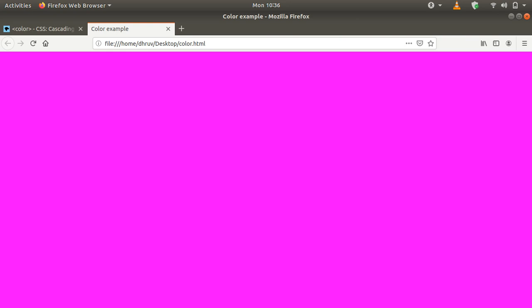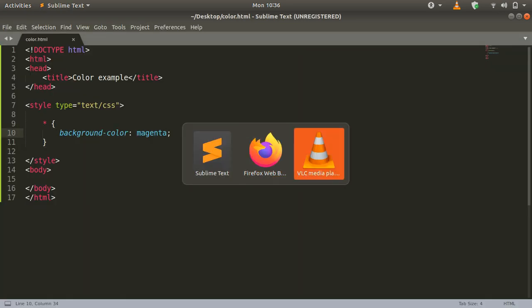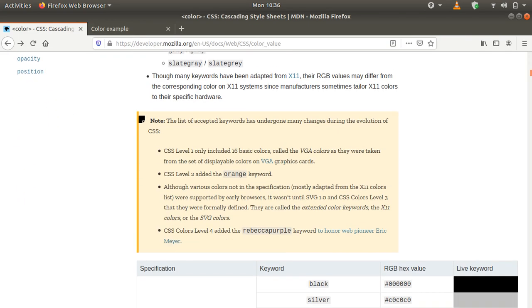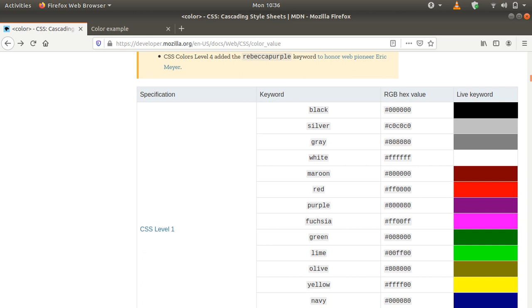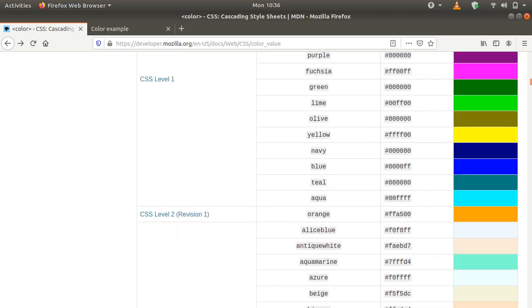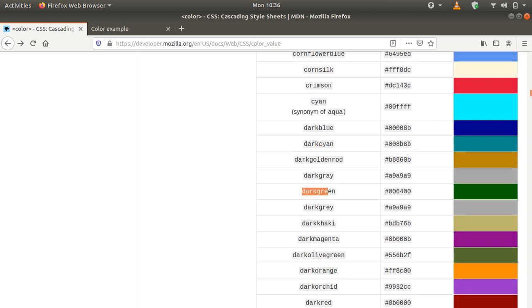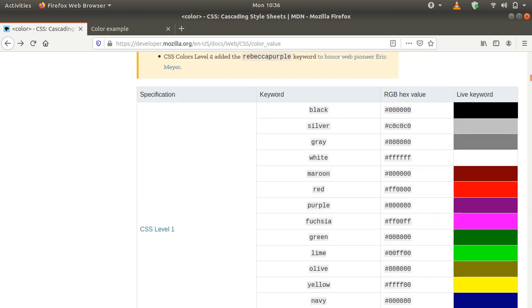You can see that the color changes to magenta. Also we can use another type of colors. Here are the keywords and here are the colors which they will appear as whenever we use that particular color, and here are the hash values. Any color is basically made up of three primary colors, which are red, green and blue. So what this hex value does is